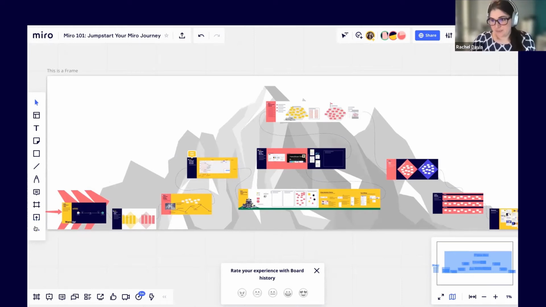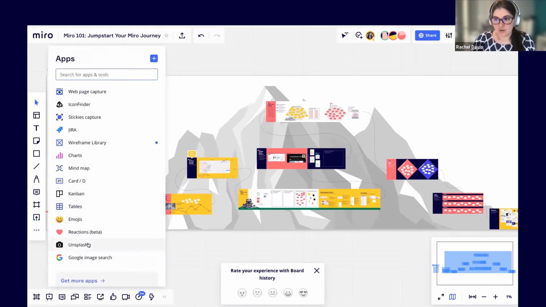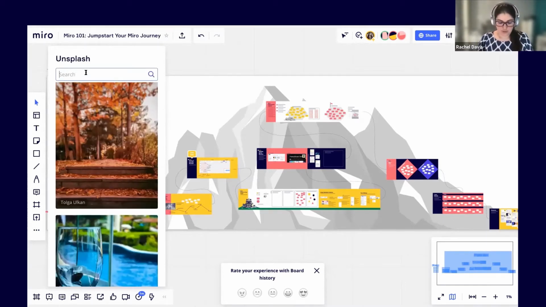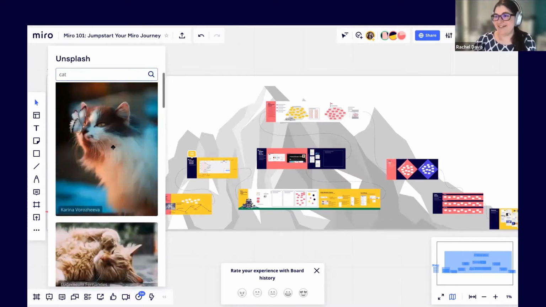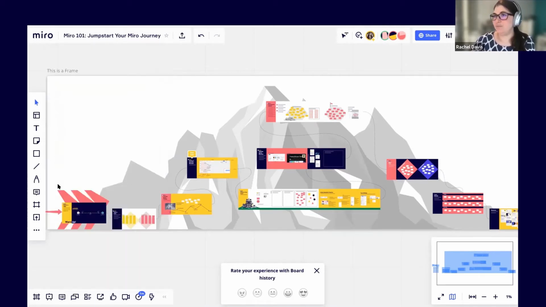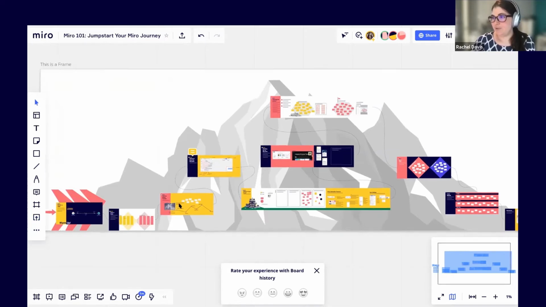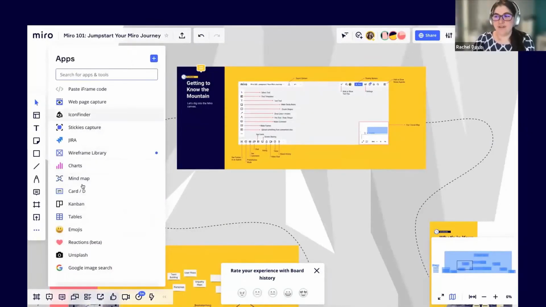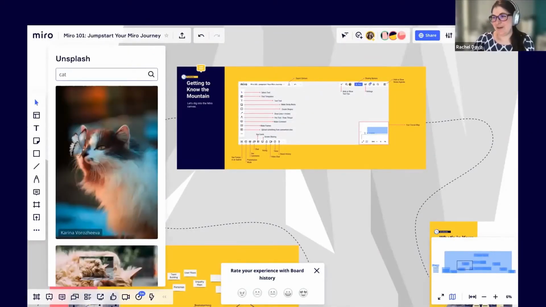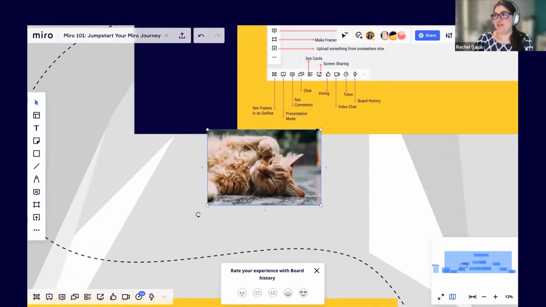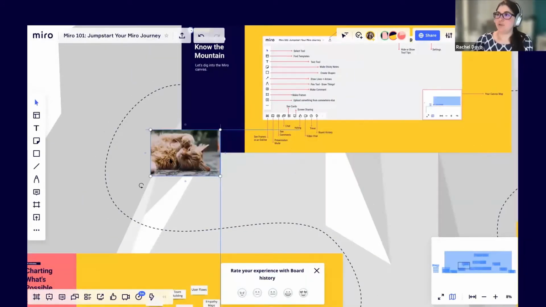The other thing is, I actually have one of the apps installed for Unsplash, so free photos. You can actually search for free photos here. I don't know, let's search for a cat, right? You can just choose things from Unsplash and click on whatever photo you want. Oh, oops. There, it went somewhere. We now have a cat photo somewhere on the board. But you can also drag and drop from there or just click on it. But now you see, now I have a cat. We're just gonna put that over there.